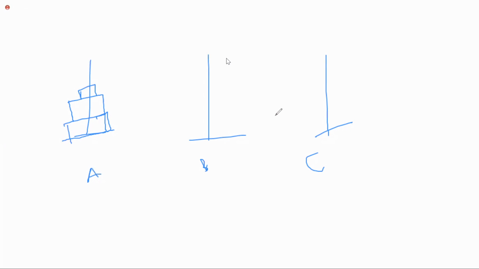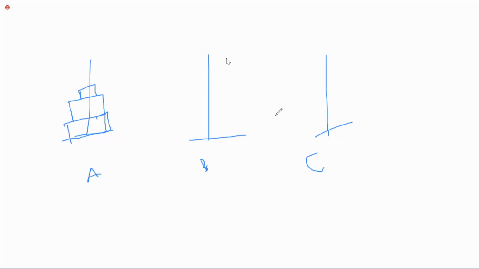Did you understand? Yes, ma'am. One more time I'm repeating. There are 3 towers, and on the first tower, tower A, we have arranged 3 disks. You have to maintain the same order, and move those 3 disks from A to C. While moving the disks from A to C, the rules are you cannot keep a larger disk on a smaller one, and at a time you can move only one disk. These are the rules while moving a disk from one tower to another. With the help of tower B, you have to place all the disks from A to C. Got the question? Yes, ma'am.